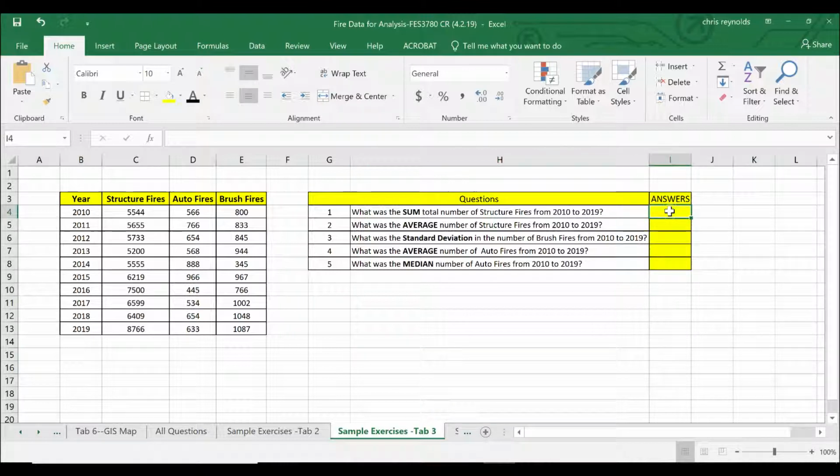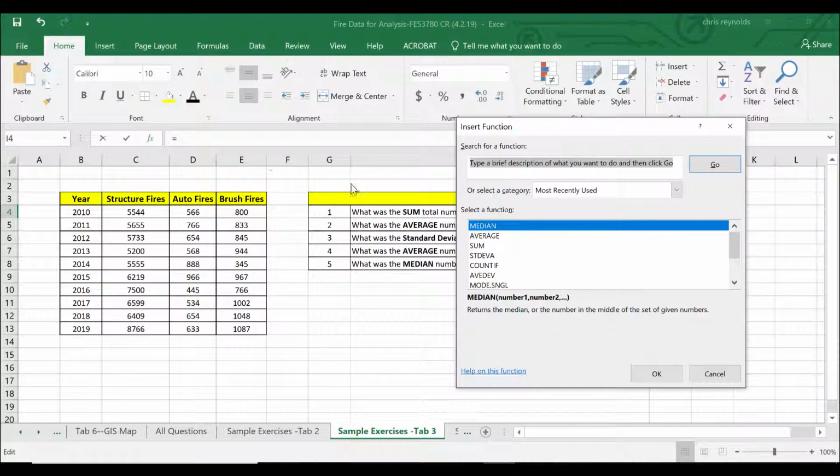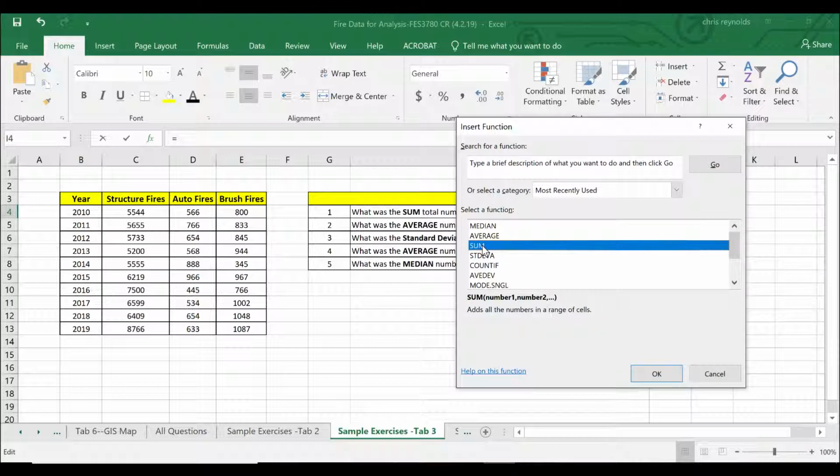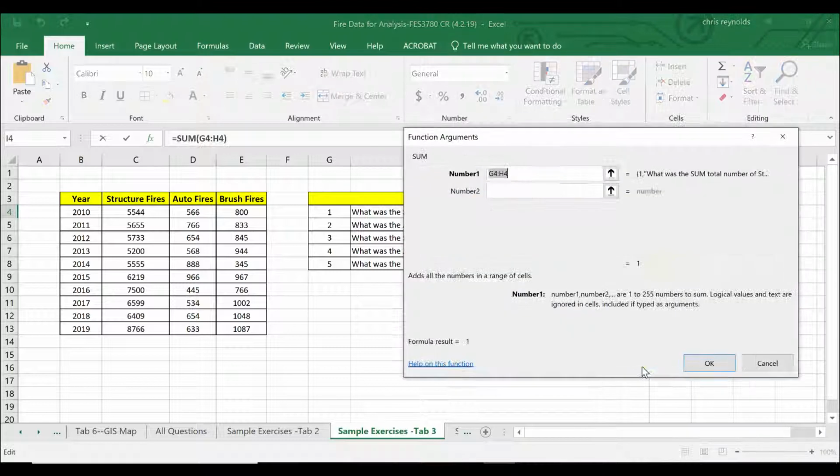We place our mouse inside the area of the box where we want the answer to appear. We go up to the function key, the FX key. We left click it. We're looking for sum again. You'll notice that sum now is right here. We highlight that, click it. We click OK. So we're going to go with structure fires, and like we did previously, we're going to place